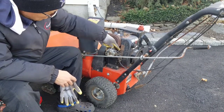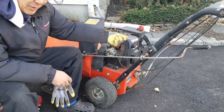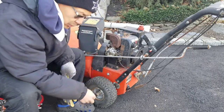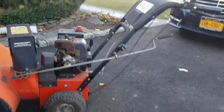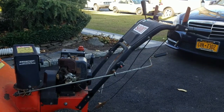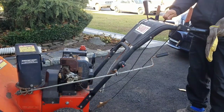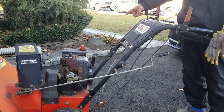So I was looking over here, and the reason why I took the box off is because I didn't see a throttle lever, right? So I saw the throttle lever was over here, and it looked like it was broken. But it's not broken. It actually has a cable on it. And you can move the throttle by moving the cable, which is kind of cool, you know? This lever over here, engine throttle, fast, slow, and stop. It's pretty cool. Gas tank is completely empty,